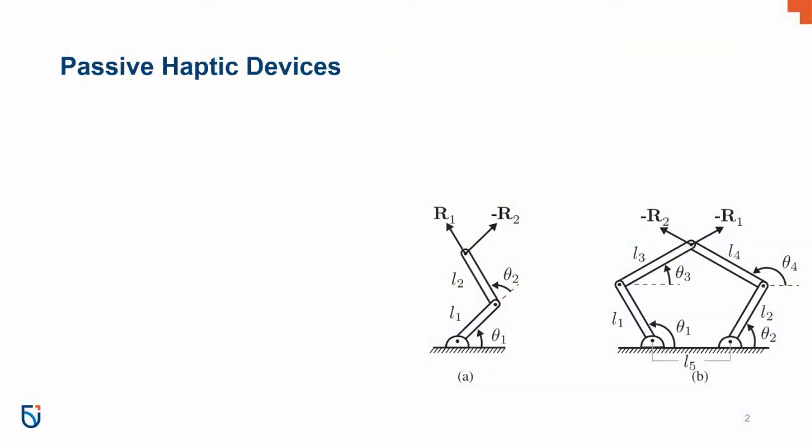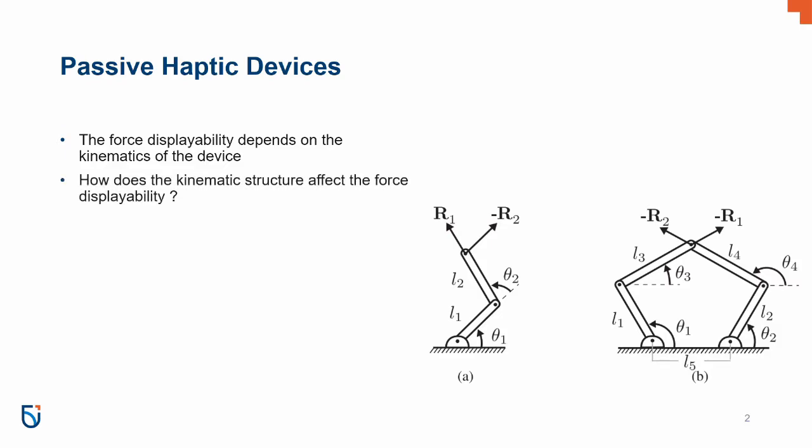Passive haptic devices are known to be difficult to control. Their force output direction depends on the velocity direction of their actuators. The relationship between the velocity of the end effector and the velocity of the joints is dictated by the kinematic structure. Therefore, we wanted to explore how the kinematic structure affects the ability of passive haptic devices to display forces